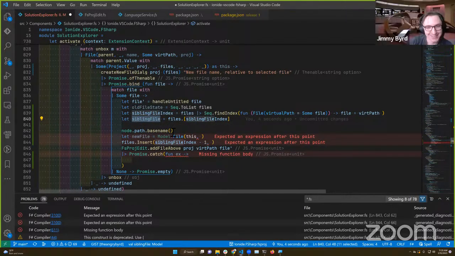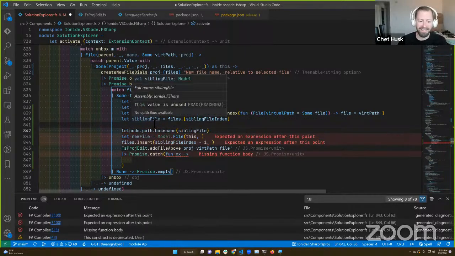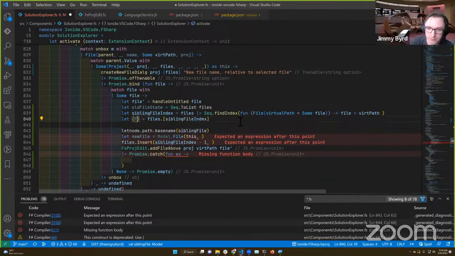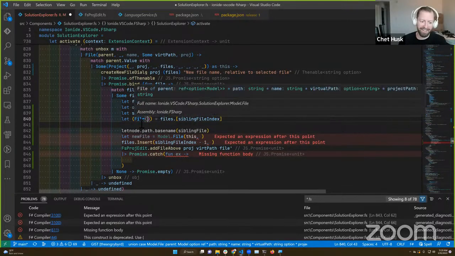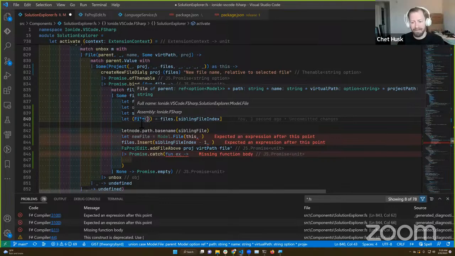And if you want to just really throw error handling to the winds, you can directly match on files.sibling file index and unpack it as the file. Good point. In this stream, we don't care about error handling at all. Do not take this as a thing we're going to do. This will be cleaned up later, but we got to do proof of concept work.